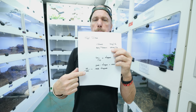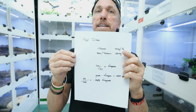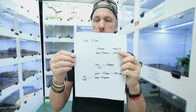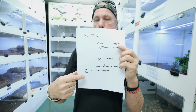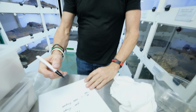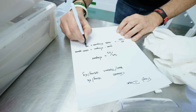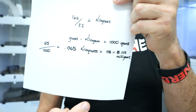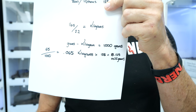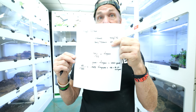And we know the ball python dose goes to pythons and boas. That's 125 milligrams per kilogram. So I am now going to take 0.065, right? And I'm going to multiply times 125 for that 65 gram ball python. We'll round it up to 10 milligrams. 10 milligrams of Flagyl. So if you get your metronidazole, your Flagyl from Amazon,